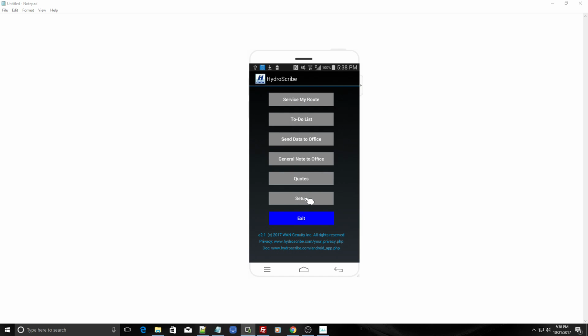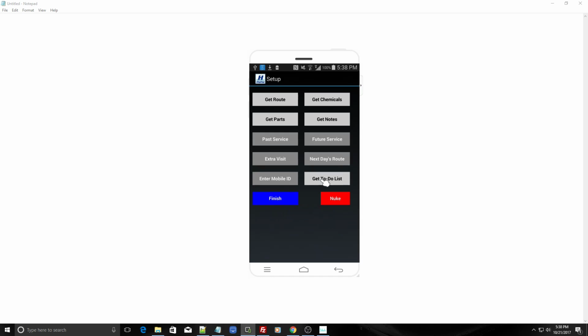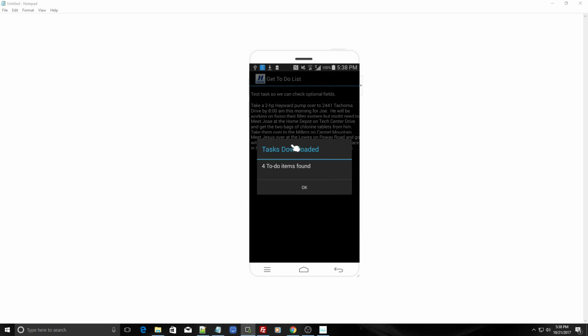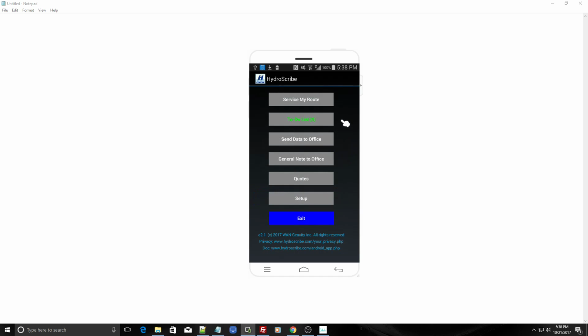To do that, we're going to go into setup. So click on setup, and then we're going to click the get to-do list button here, and it'll go to the server. And as you can see, we actually have 4 items on our to-do list. So we've got them. So now we're going to click finish, and it's going to take us back to our